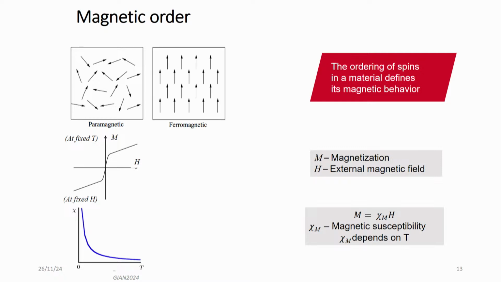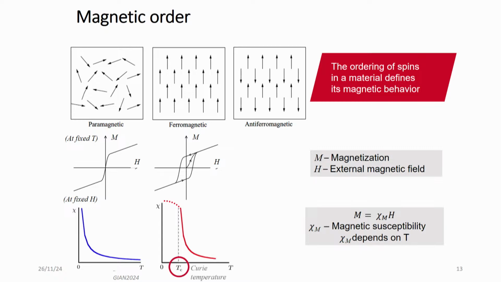Then ferromagnetic, when the spins are aligned parallelly, and that's what you get, and this is what you get. Tc is the Curie temperature. Beyond this temperature, a ferromagnetic material behaves like a paramagnetic material, and below this temperature the spins are ordered in a parallel fashion.